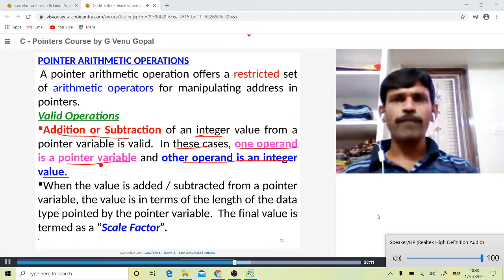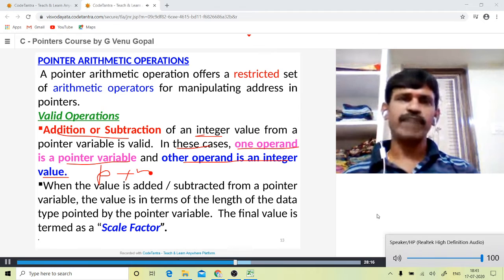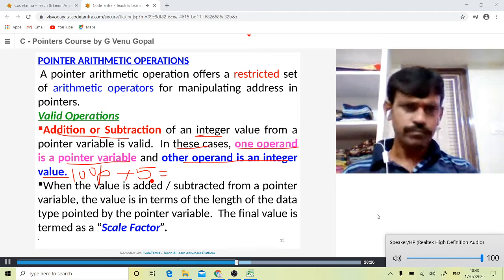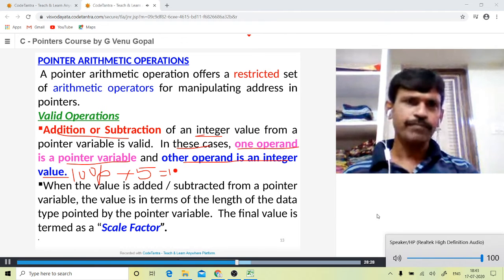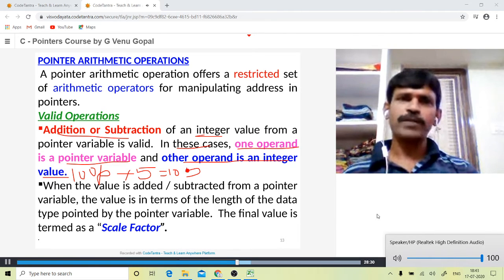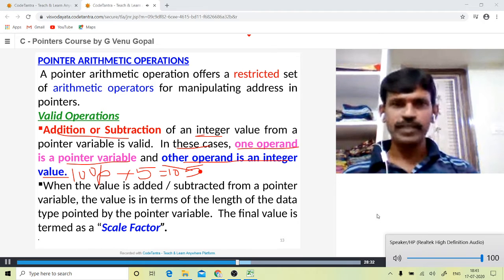That means if P is a pointer variable, you can add 5 to it. Here, P plus 5 is a valid operation. Assume that P holds 100, then 100 plus 5 is the operation performed, but the result is not 105. It is something different.